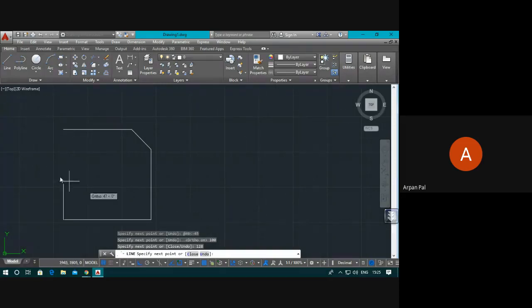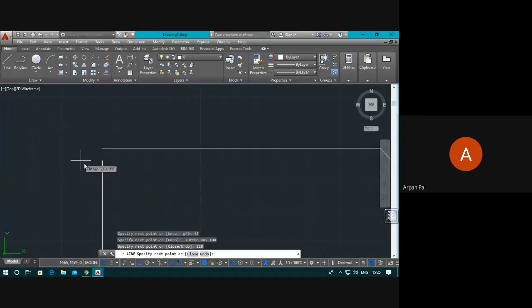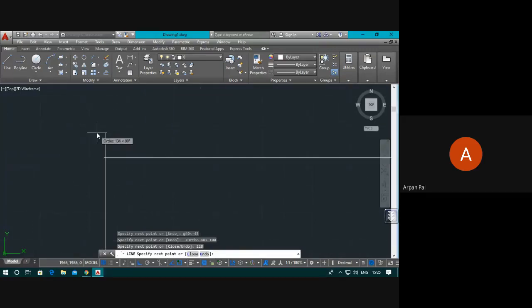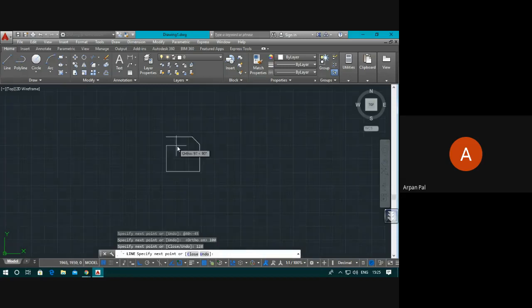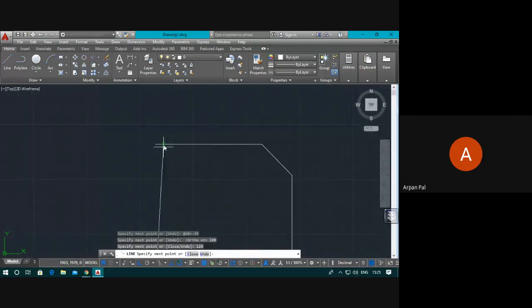But one problem is there. This left line, if you draw it vertically, it will not join this end point. You can notice. So either you draw it vertically or you join it to the end point. But in the figure, it is not told anywhere that this line is exactly vertical.